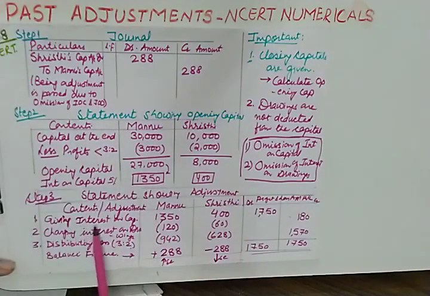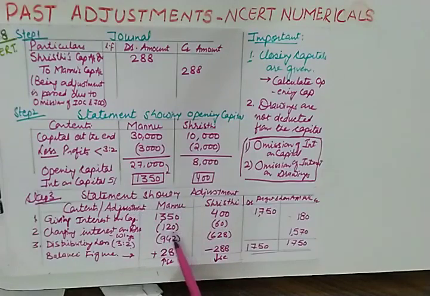So first of all, we are giving interest on capital 1350 and 400, and it will involve firm into losses, so it will be recorded on the debit side. Charging interest on drawing, so we are writing this as a negative item. You can also make the format where debit and credit is written here instead of plus and minus. So the ultimate answer should be same. You can use any format for this, but the ultimate answer should be same.